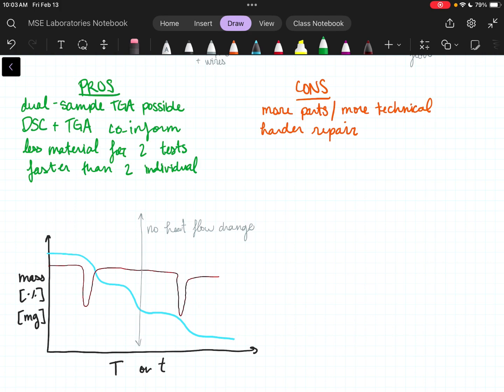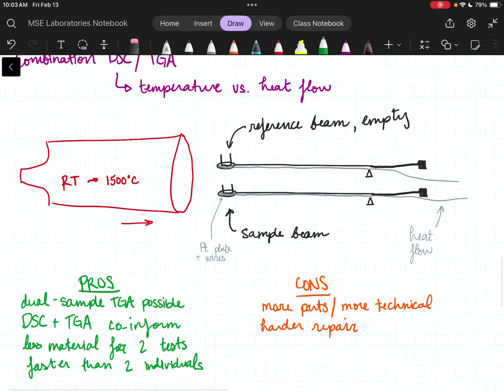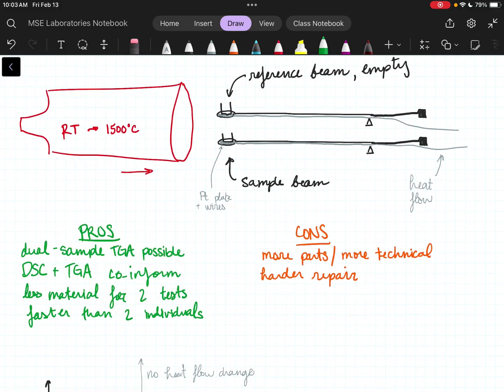What I've drawn here is not particularly, like, you're not gonna see a graph exactly like this very often, but it illustrates the point that by doing both at the same time, we are gaining quite a bit of insight into each other. So DSC and TGA support